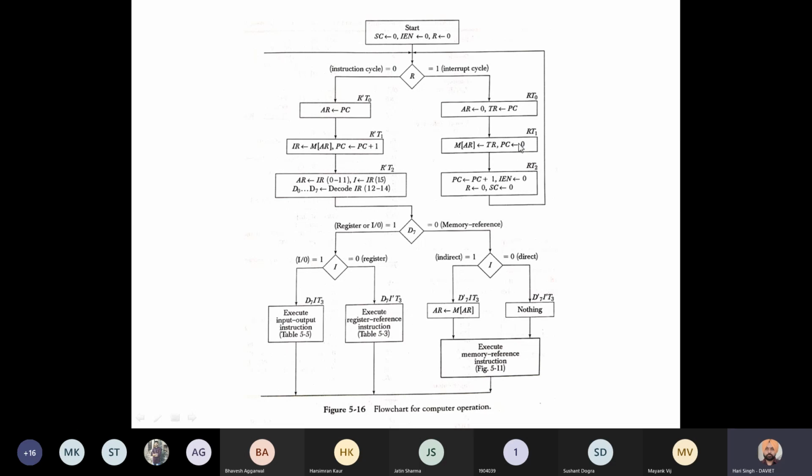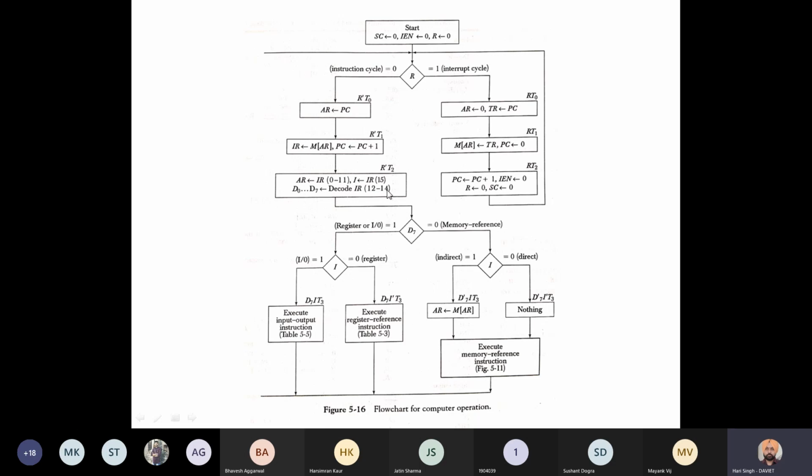In the program counter, 0 is placed. Then the program counter is updated, and the subroutine or the required instruction is executed. And if it is not an interrupt case, and the interrupt register is 0, then the fetching of the opcode is done and it is placed in the IR register. This we have already discussed in the previous lecture.